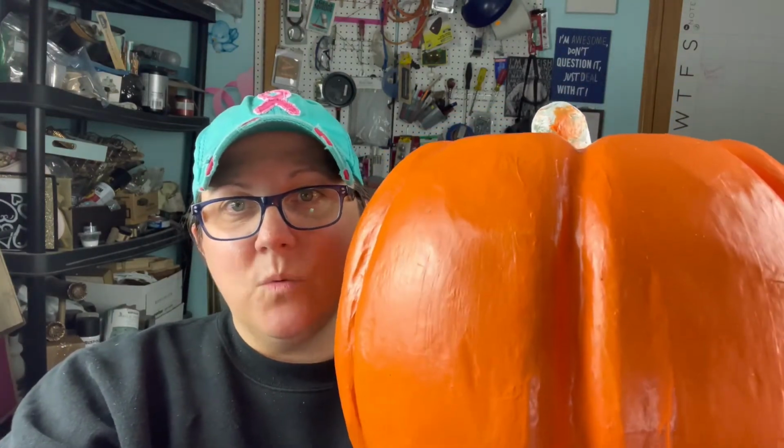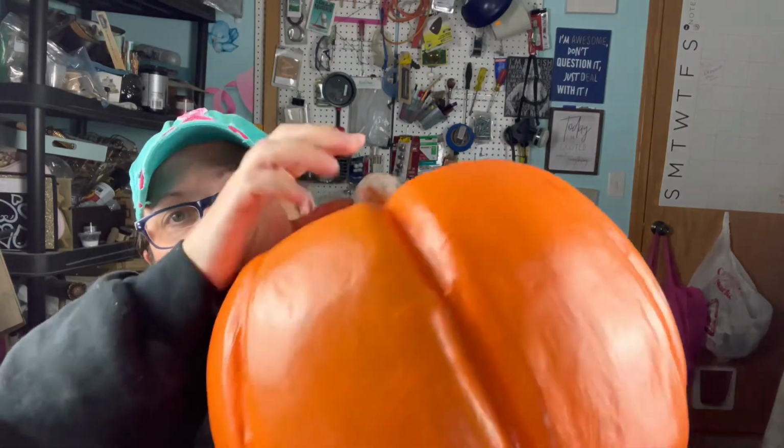It always seems to look brighter. I can see the green when it's wet, and then when it dries, not so much. Can't see the face anymore. Hey, I'll just put that part towards the wall. I gotta do this part green too. But then I want to get that into Picket this month because